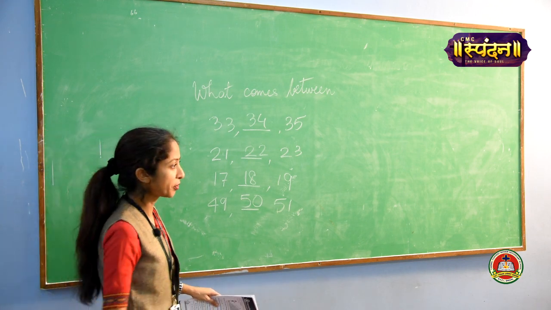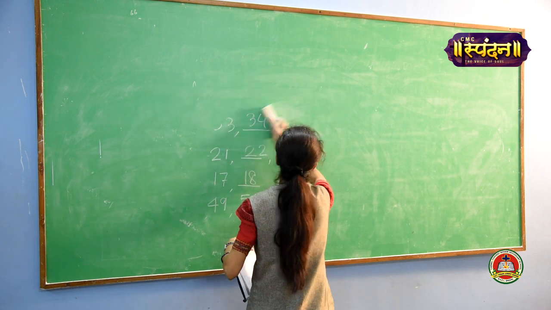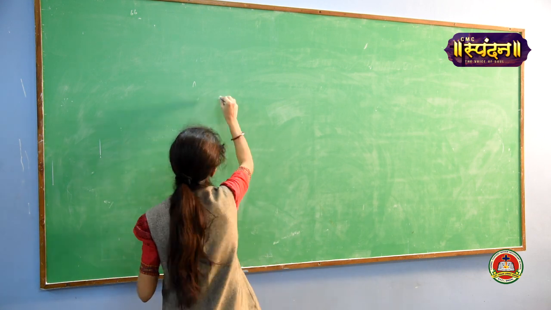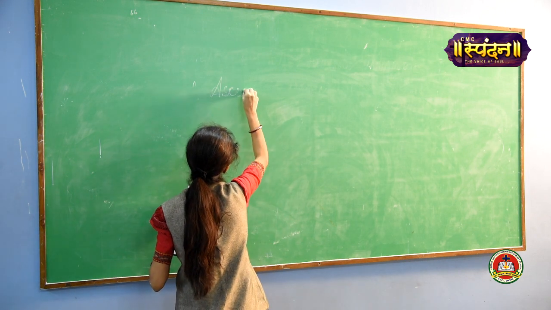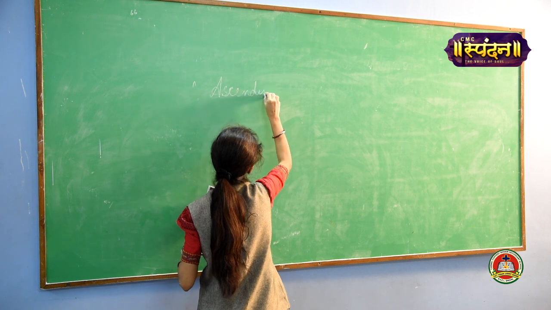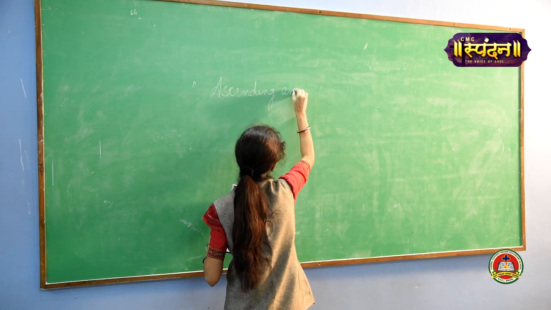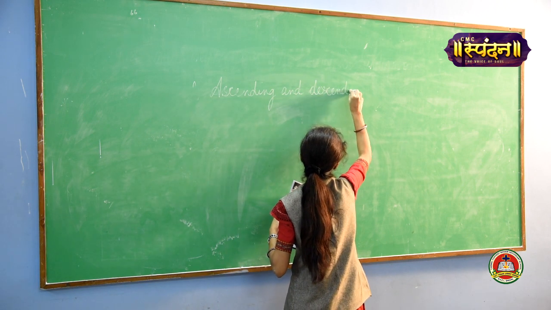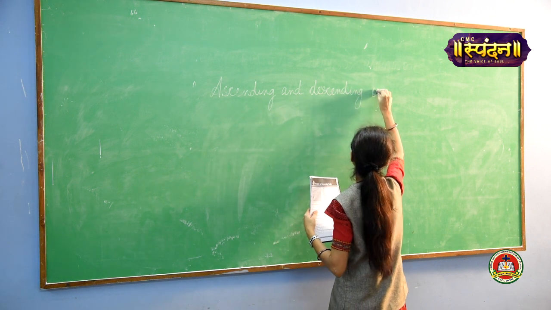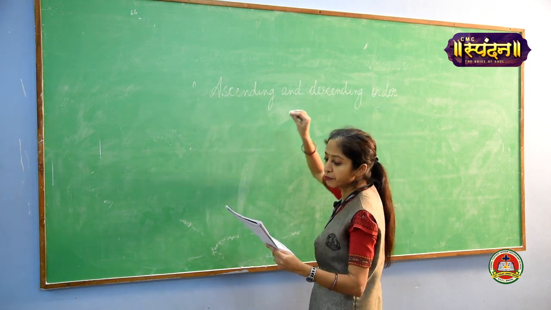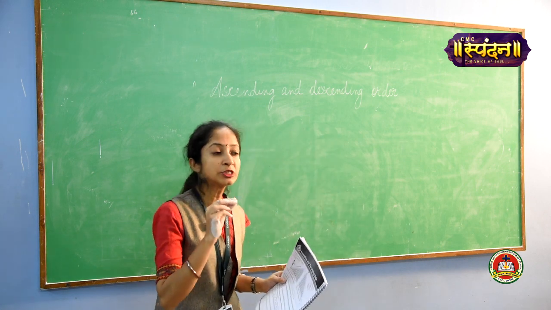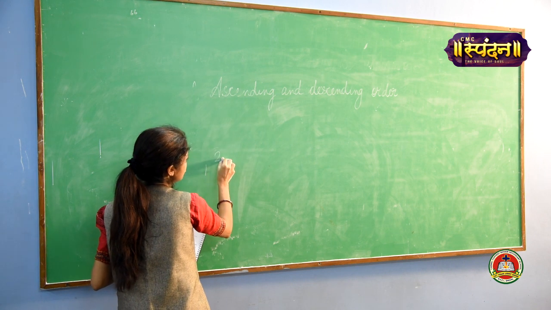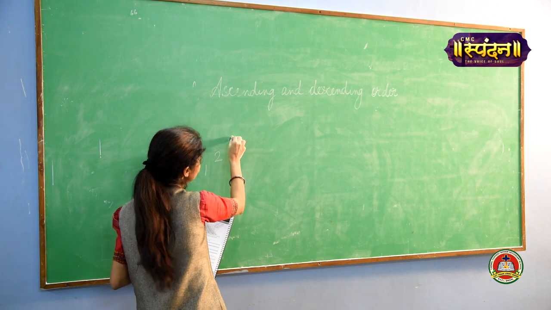Now coming to next topic is ascending and descending order. Ascending and descending order. Now here ascending means going from smaller to bigger number, that is 1, 2, climbing the stairs, okay, 3,